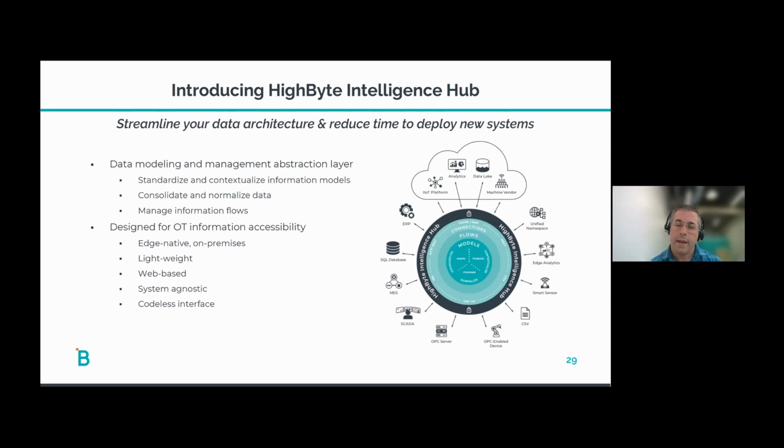The data hub is able to ingest data from different systems, OT protocols and IT protocols, from your OPC servers, from your PLCs that communicate over OPC, any sensor over MQTT, from your systems, your MES system, maybe over SQL, or your ERP system over REST. We can consolidate all that data in and then push it, in this case, into the unified namespace.